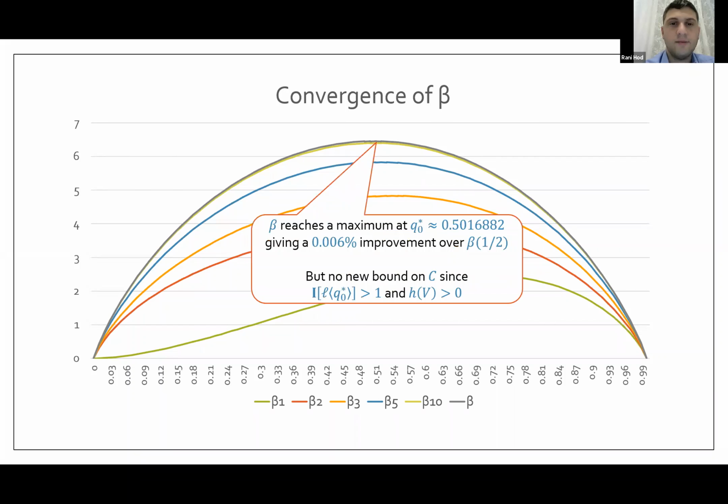And actually the maximum is achieved not at 1/2, but really slightly above 1/2, at some q0 of 0.501 something. And you get really a tiny bit more than beta of 1/2. The only problem is that if you choose this q0 instead of 1/2, then at the end we're going to lose, because the influence of the lexicographic function is going to be more than 1, and the variance is going